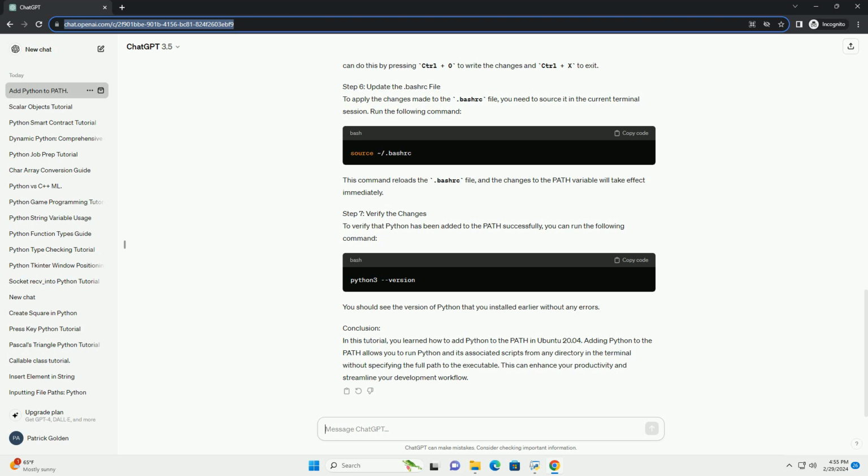Step 3, edit the .bashrc file. To add Python to the path, you will modify the .bashrc file, which is a script that runs whenever you open a new terminal window. Open the .bashrc file in a text editor. You can use any text editor of your choice. For example,